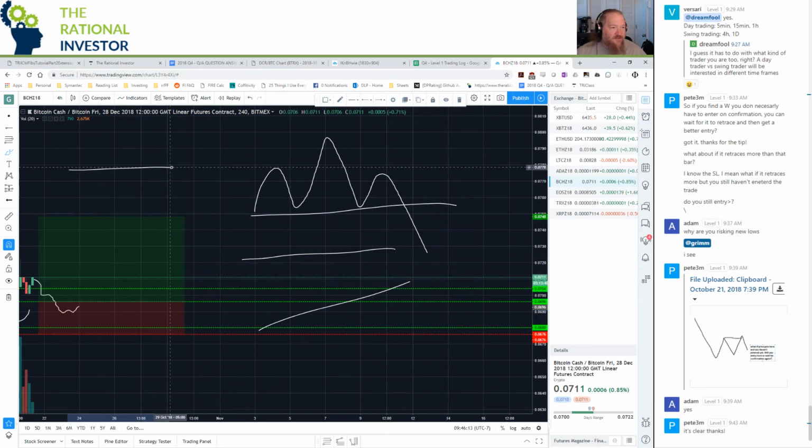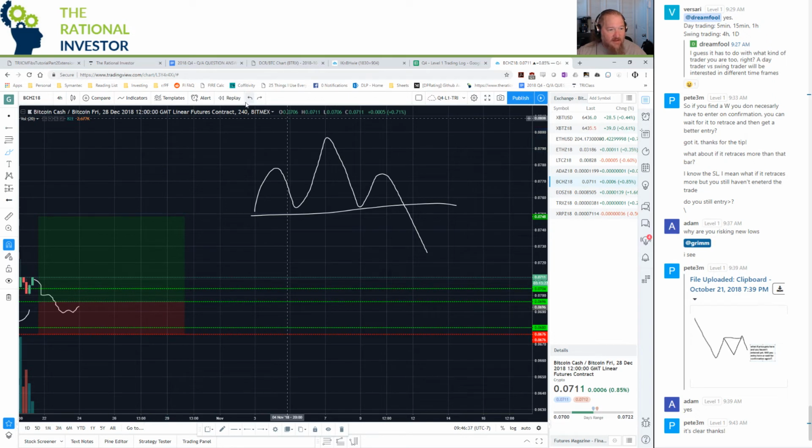What we're ultimately describing with the right side of a head and shoulders is a descending triangle, right? Testing against the same level and breaking out. That's ultimately what we want to see. So that matters to me. I would like to see that. Move this down here so I can see. I'd like to see that